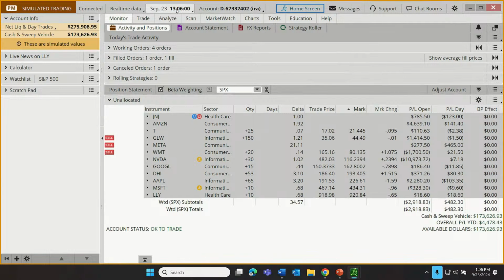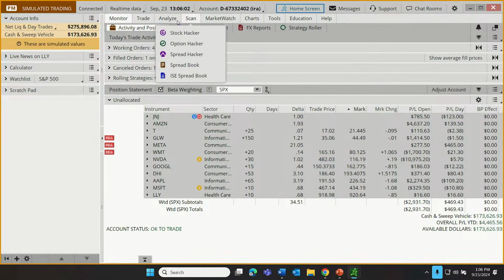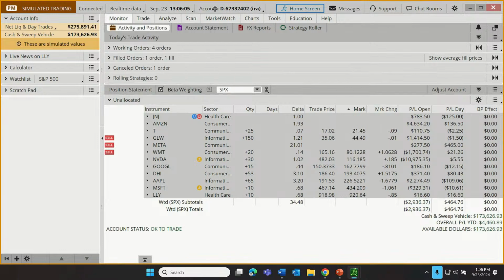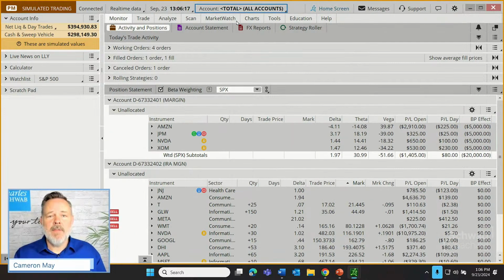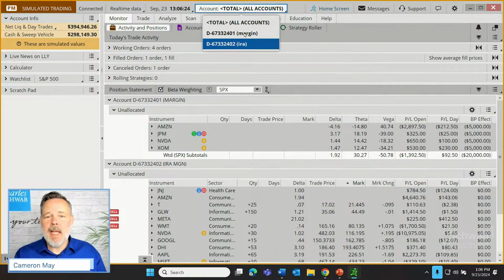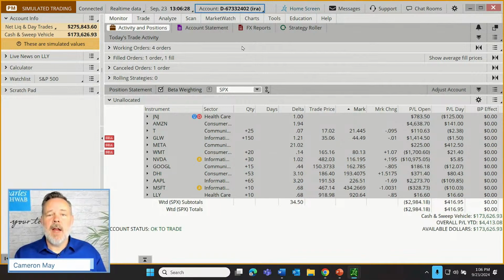And then across the top, we have a couple of rows of tabs. So take some time and look through those rows. One of the tabs up here at the top to address an initial quick question is, how do I find my accounts? That's found right here using this tab, where we can access all of our accounts, or we can access each household account individually. So for example, I have an example IRA account, I have an example margin account. Let's just go right to the IRA, okay? And you can also find support,